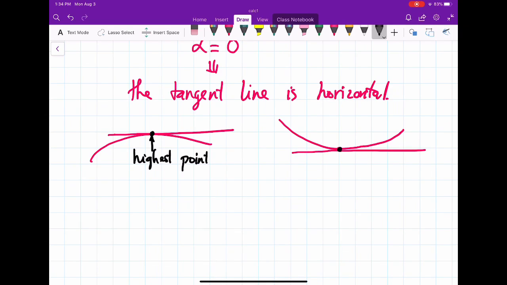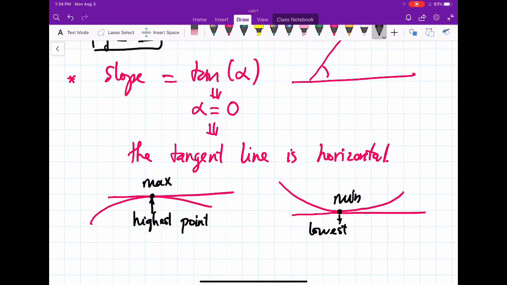Is that correct? And this one is the lowest. So in some sense, this is the maximum, and this is the minimum. So you see, that is interesting, right? That means this problem, the problem to find x such that the tangent line is horizontal, is equivalent to